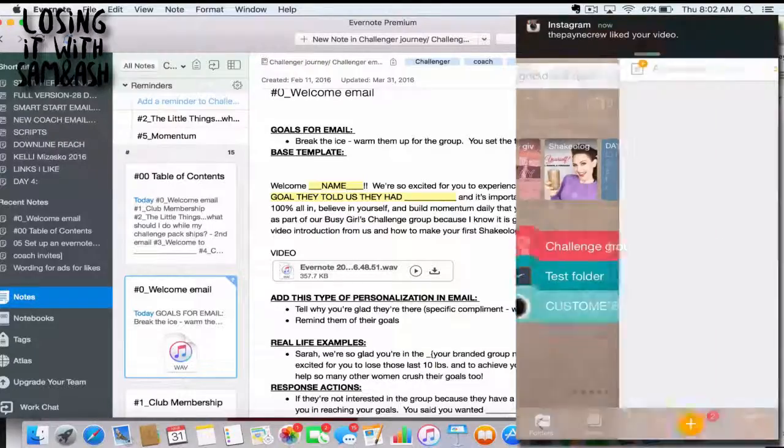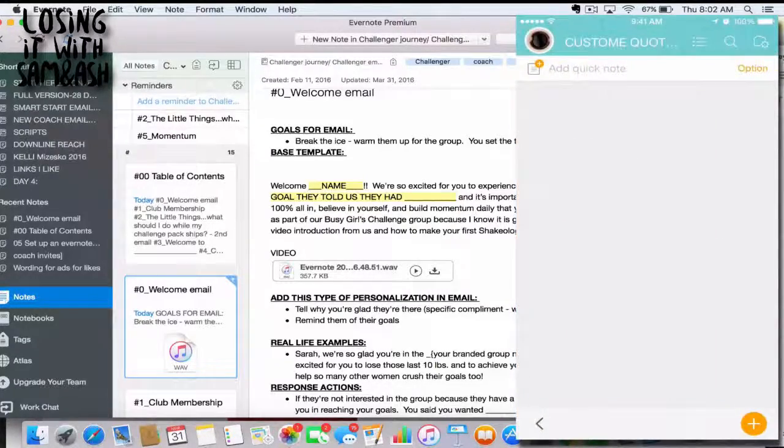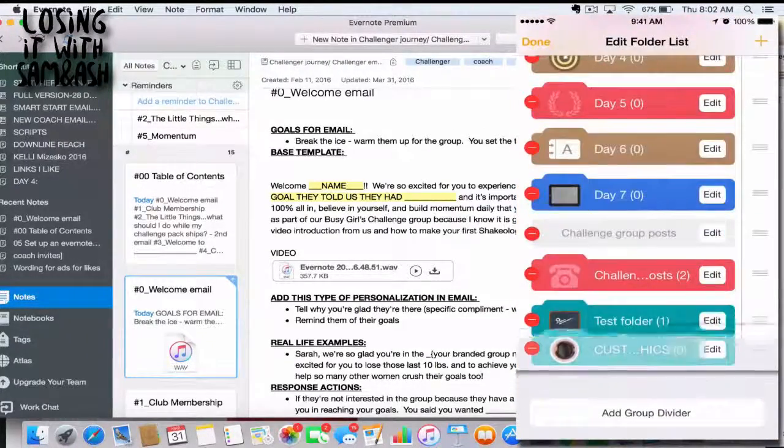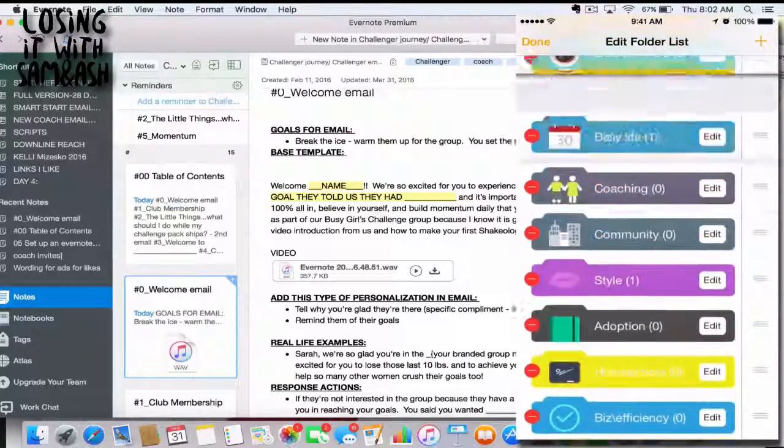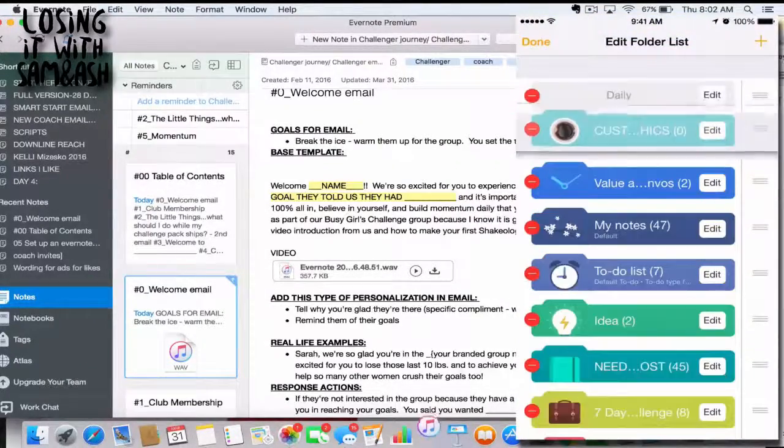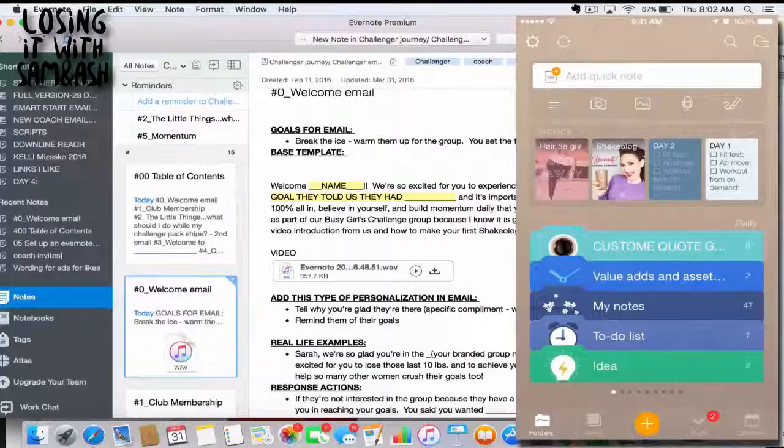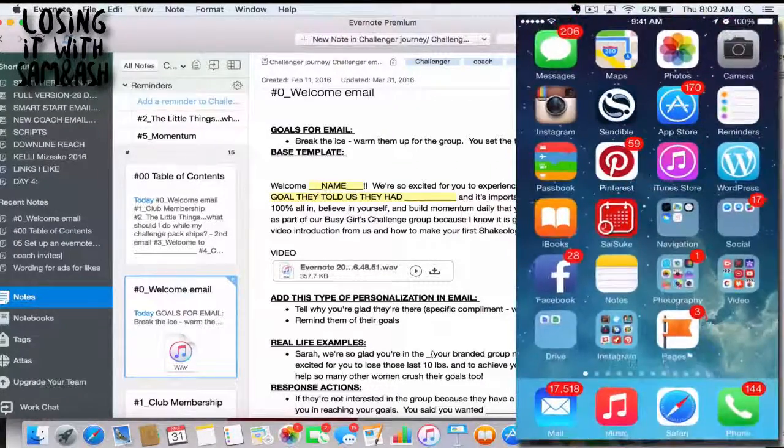But so it's right here. If I wanted to change where it was, then I would go here and I would just drag it all the way wherever I wanted it. Okay. The reason that we are using aNote and Evernote, one is because I'm going to show you the Evernote